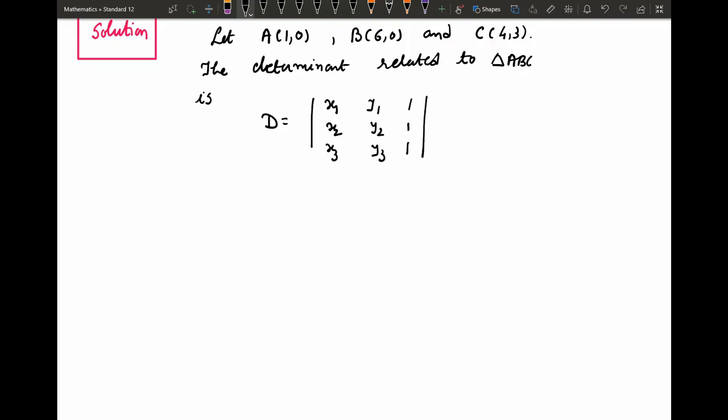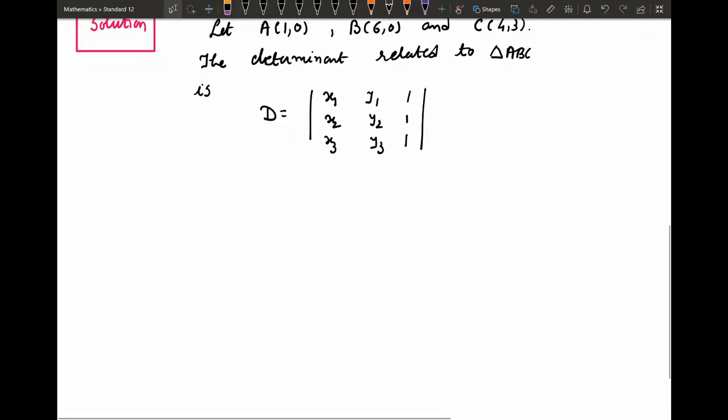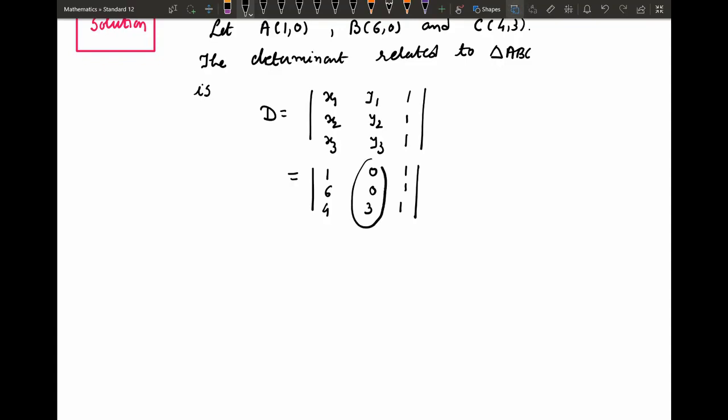So coordinates of A we will consider x1 y1, coordinates of B we will consider x2 y2 and coordinates of C we will consider as x3 y3. So using this determinant 1 0 1, 6 0 1, 4 3 1. Now in second column, since two entries are 0, so we will expand using second column